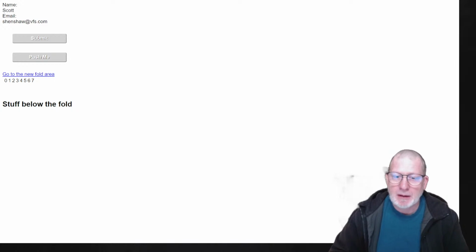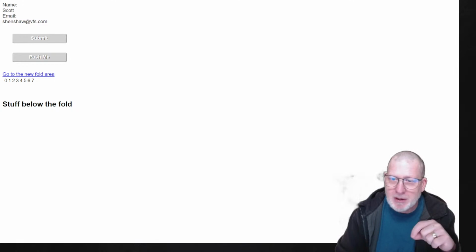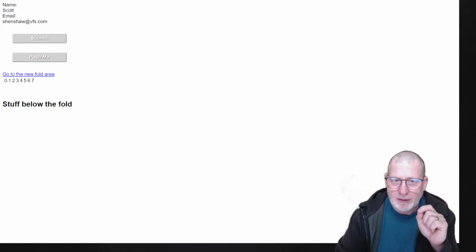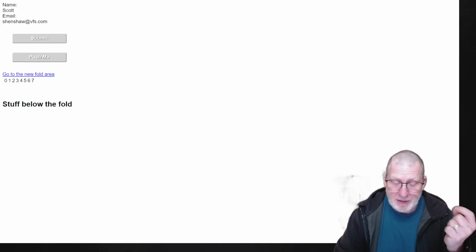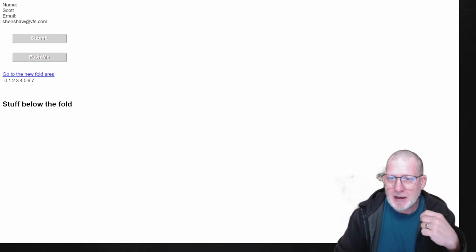Okay. Now, technically speaking, we can write any JavaScript we want inside that script tag. And I'm going to do that for demo purposes. When we do this for real, we're actually going to pull this out into a separate file. And part of that is just logistically, it's a little bit easier. But the other part is I put the scripts at the very bottom before the body tag for a very